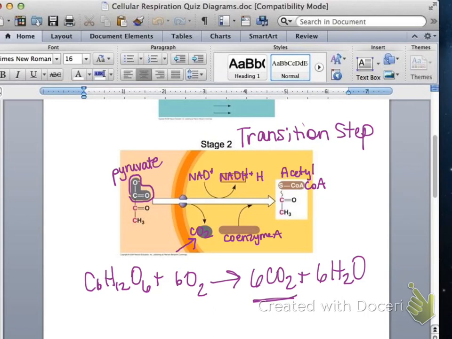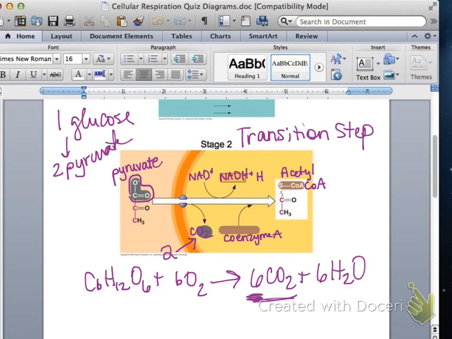So total, since we started with 2 pyruvates from one molecule of glucose, we end up with 2 carbon dioxide molecules. We still have to make 4 more of them later on, but for now we've got 2 carbon dioxides being